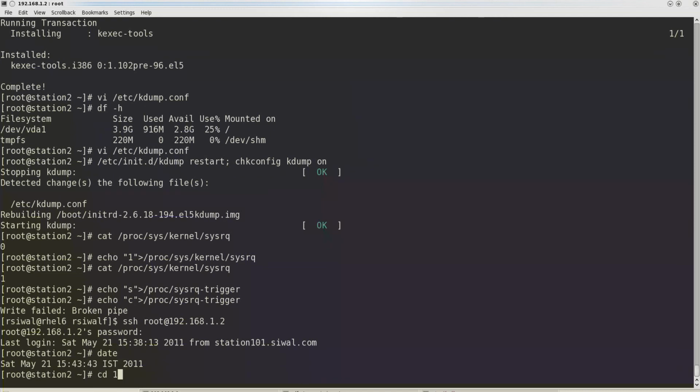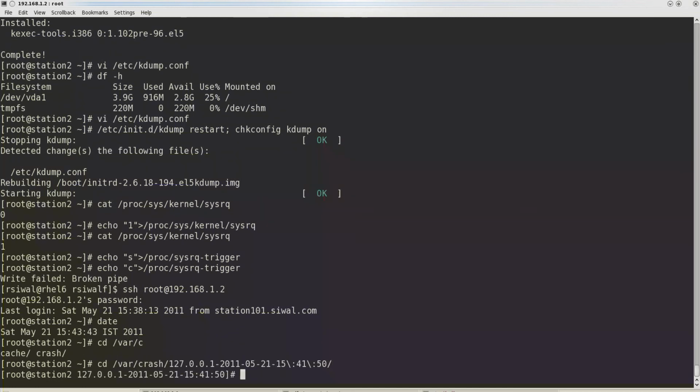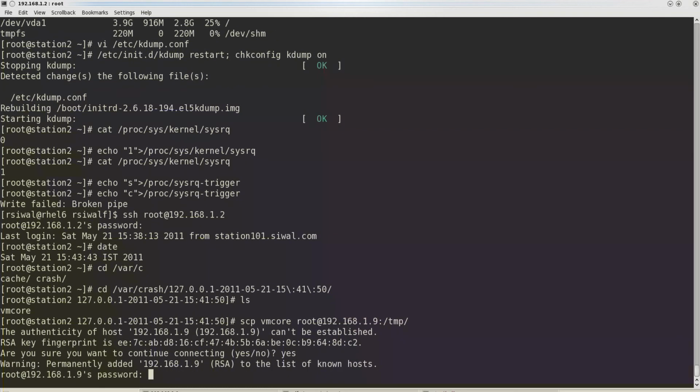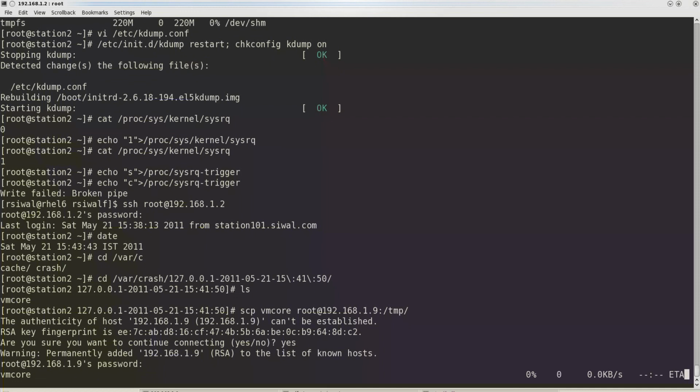So just move to the folder /var/crash, and just copy the VM core to the machine where we will be analyzing it. We will be analyzing it through station 9. We'll dump it to /tmp. Okay, so we are transferring this VM core file, and to analyze it